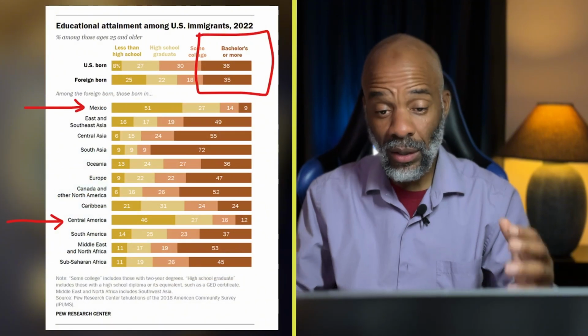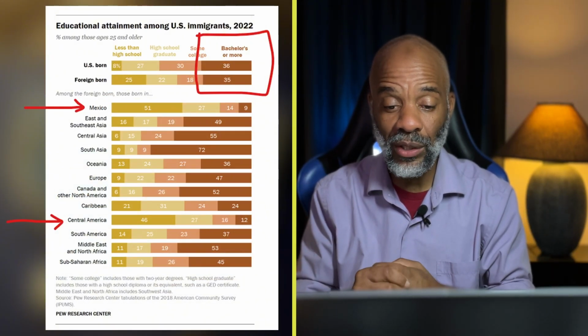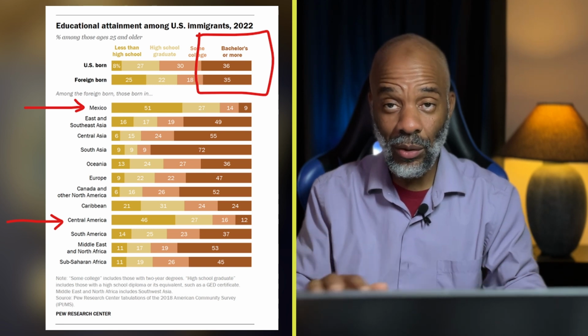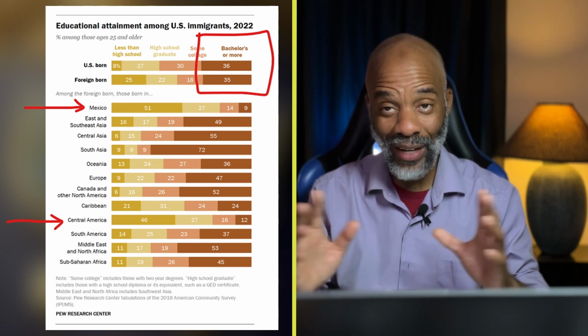Okay, we've looked at the numbers. We've seen where the immigrants come from in terms of the countries that they come from and the numbers in which they've come in. Now, what about the educational level of immigrants, right? How are they coming in? What type of education? Well, as we can see here, the educational attainment amongst U.S. immigrants in 2022. Okay, the sources are all listed at the bottom for those of you who are interested in looking and verifying, or fact-checking or whatever.